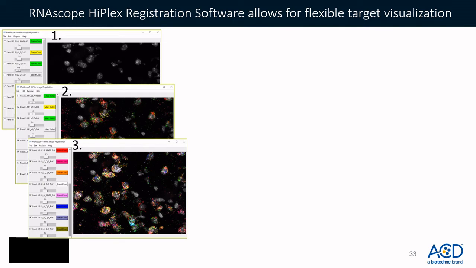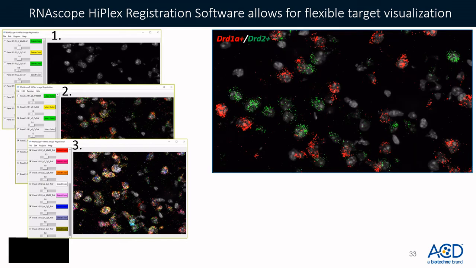And for that, I wanted to highlight the use of our HiPlex image registration software. Now, those researchers from Stanford highlighted an important finding in which they identified a group of cells that express both the D1 as well as the D2 genes. So using our HiPlex image registration software, you can toggle on and off your genes of interest as you see on the right. The image on the right is the same frame as you saw in the previous image